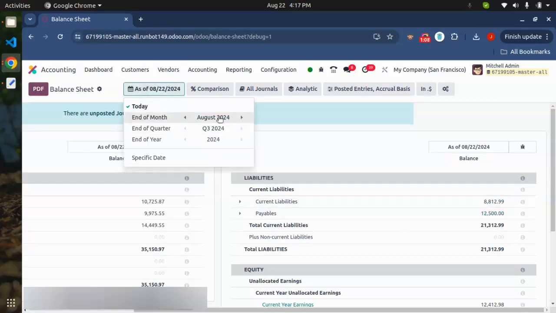Here you can see the changes of the date filter. You can select for today, or for the particular month. You can also add a quarter change, so easy. Very quickly, you just need to change a quarter